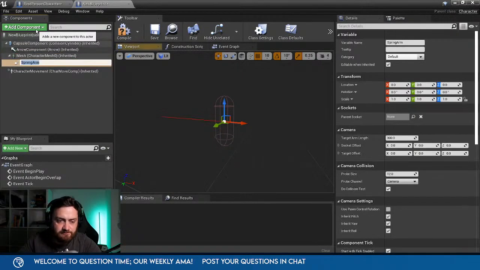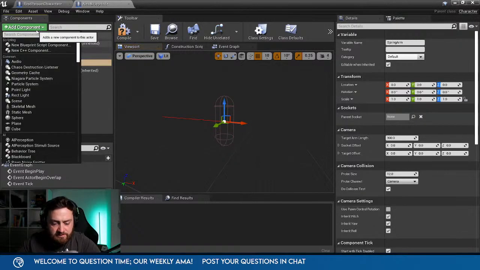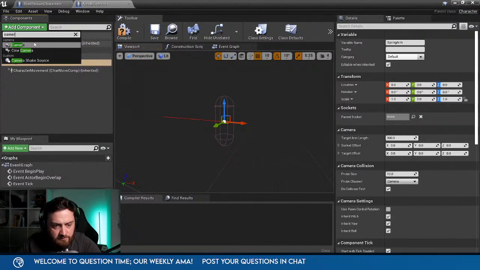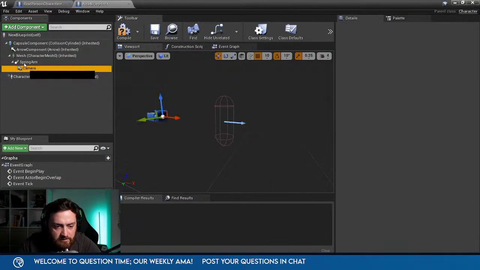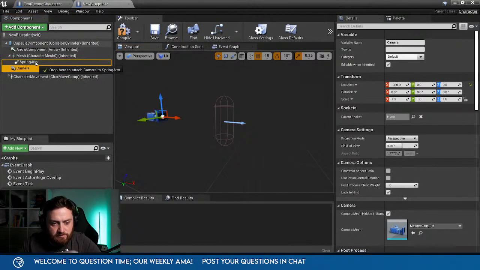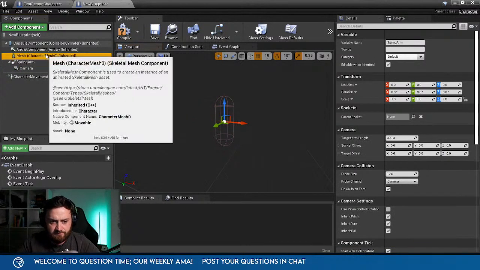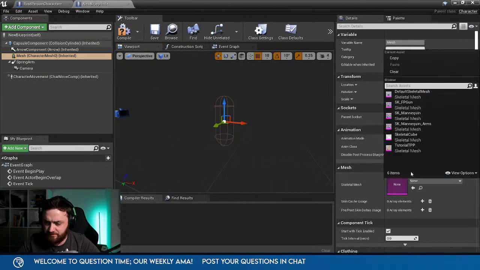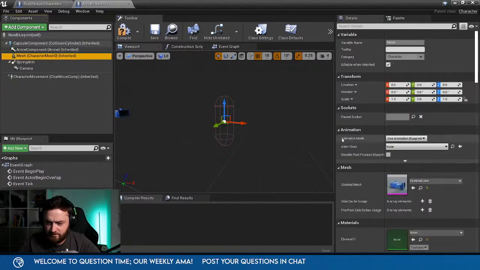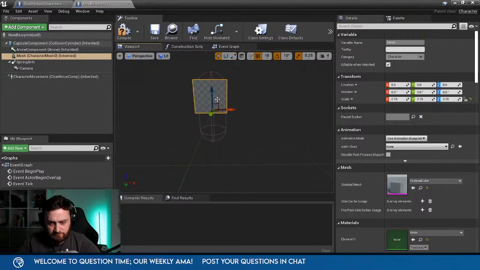Bring on camera. Mesh, we'll set to cube. That'll do fine.